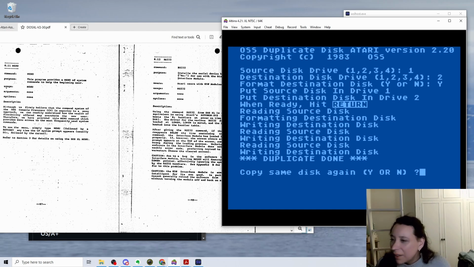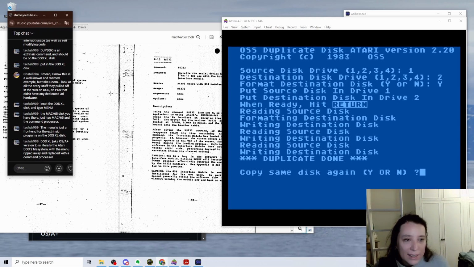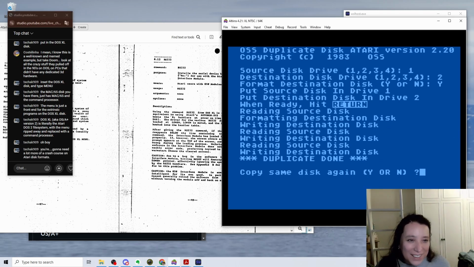We see here, I'll put this window in the actual chat here so you can see. DOS-XL, aka OSA Plus version 2, is literally the Atari DOS2 file system with the menu ripped away and replaced with a command processor. What do you mean, oh boy, is that bad? Okay, thanks. You're gonna need a lot more of a crash course on Atari disk formats. Well, I'm hoping to just